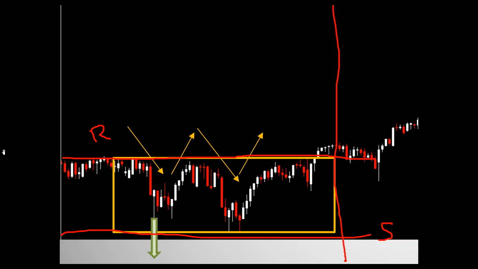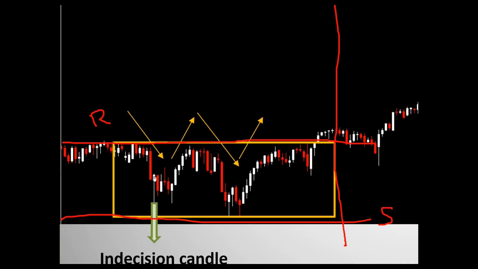It was not solely on this indecision candle, but also on the very next ones, because I saw that they didn't manage to move anywhere. They were moving sideways, bouncing over here, neither posting a move to the upside nor a new low to the downside. So there wasn't a decision in the next few candles as well. But the very first candle that showed me indecision was that one, because of its very small body, which was 1/3 of the tail.